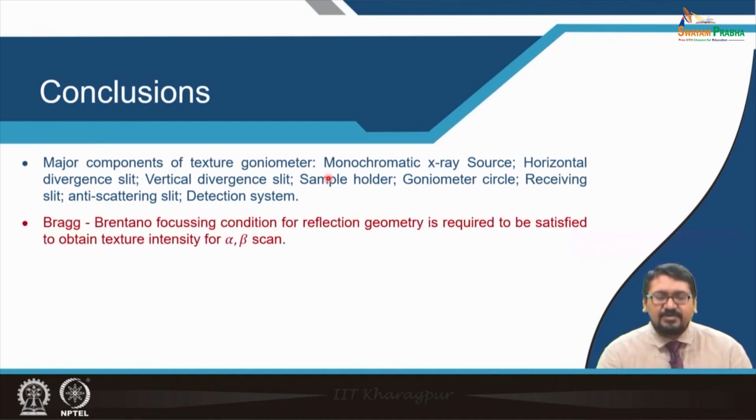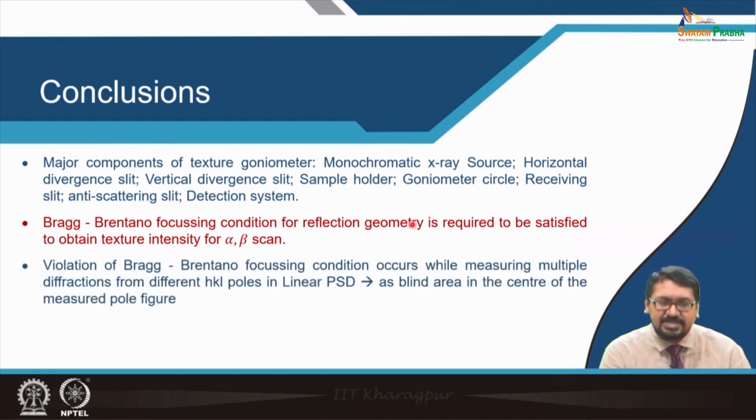The Bragg-Brentano focusing condition for reflection geometry is required to be satisfied to obtain texture intensity for the alpha beta scan. Violation of the Bragg-Brentano focusing condition occurs while measuring multiple diffraction from different HKL planes in a linear PSD, as blind areas at the center of the pole figure will start to evolve,